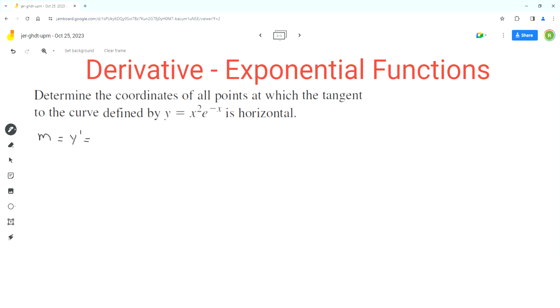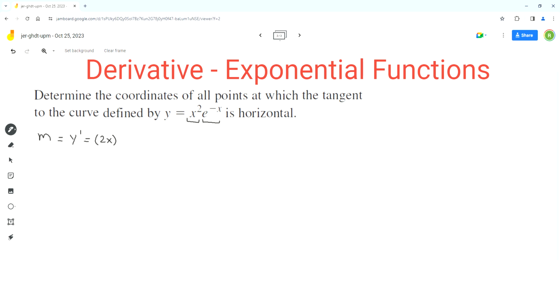Now this given function is made up of two functions being multiplied. One is x squared, the quadratic function, times the exponential function e to the power negative x. So we should use the product rule to find its derivative. As per the product rule, we'll start with the derivative of the first term x squared, and the derivative of x squared as per the power rule is 2x